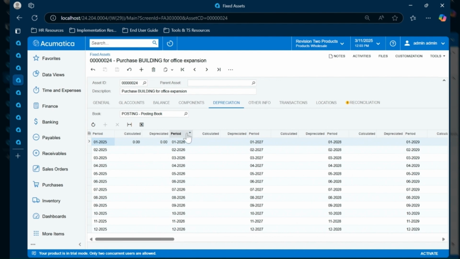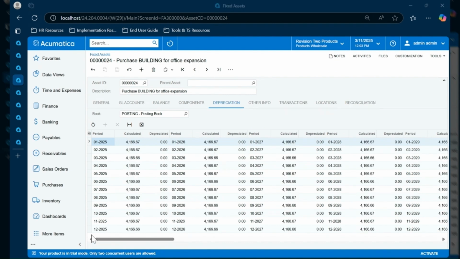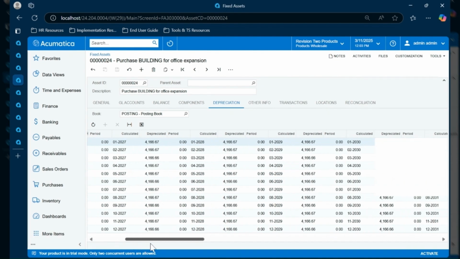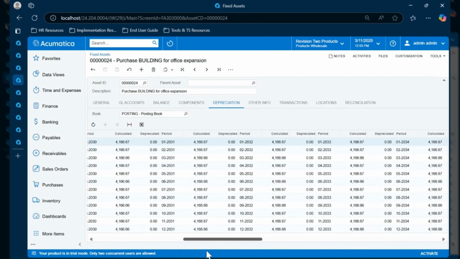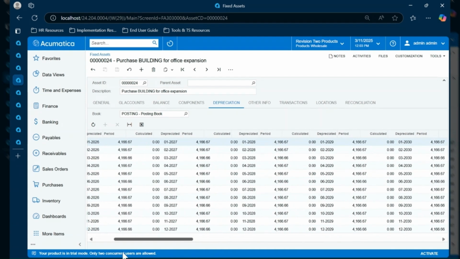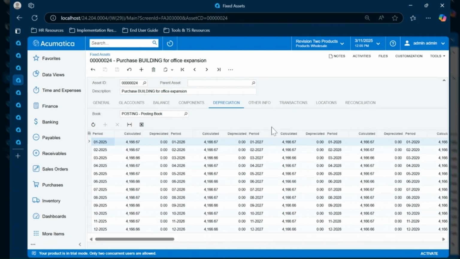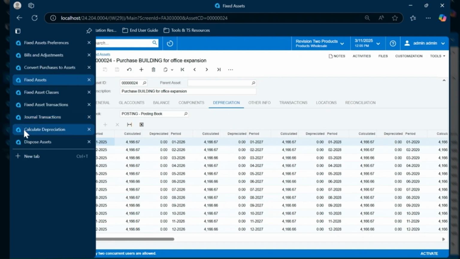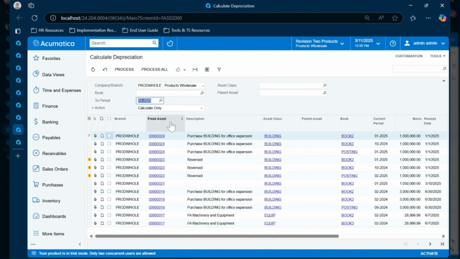To calculate what depreciation should look like, we select these three ellipse dots and calculate depreciation. Once the system loads these values, we take a look in the grid to verify that depreciation is evenly distributed over the useful life of this asset, which it appears to be. The system has provided projected values, but to actually depreciate this asset, we need to navigate to the mass processing screen, Calculate Depreciation. Here you'll notice that there are a bunch of assets which are eligible for depreciation,